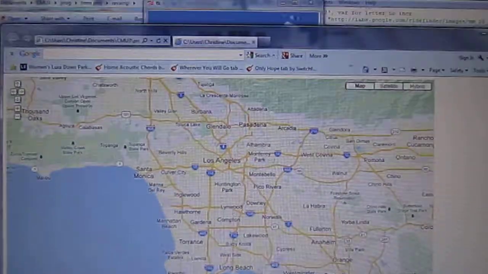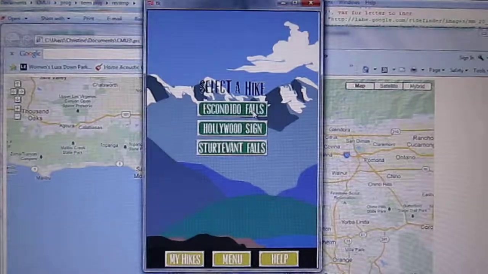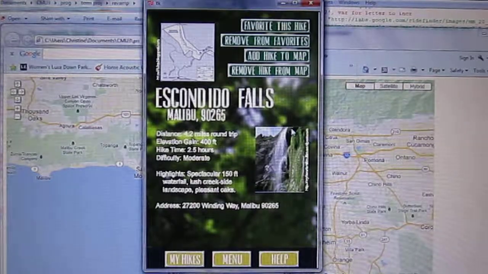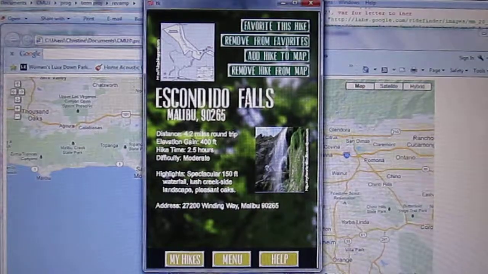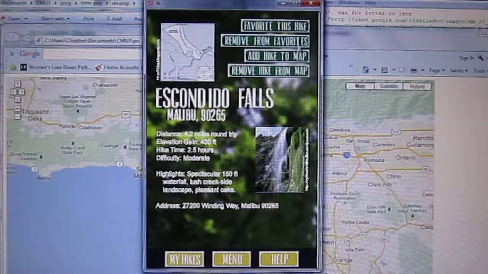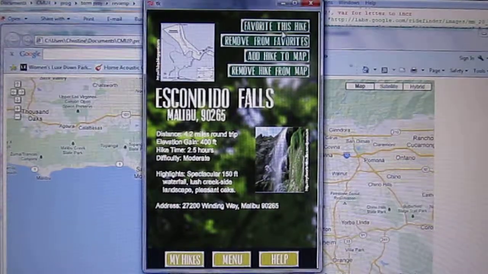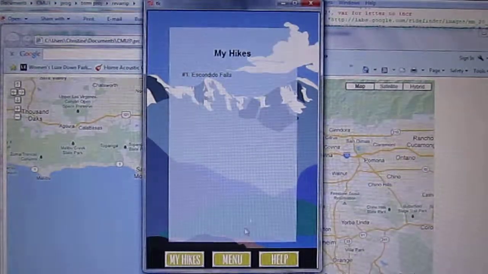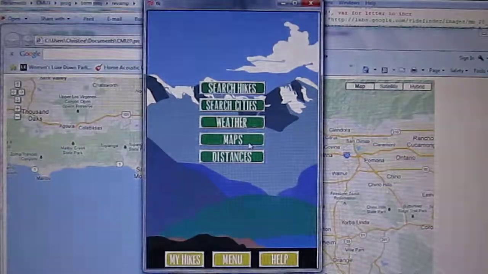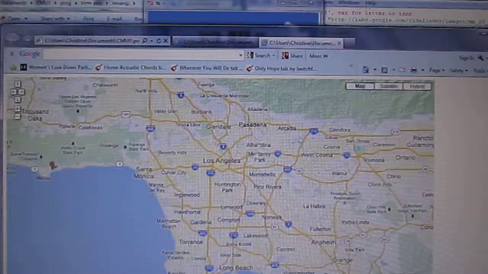And so if I go to hikes and I select a hike, say I select the first one, Escondido Falls, it's in Malibu, and there's a zip code, and here's some information about it that I can read if I need to, and there's a map and an image, so I can favorite the hike, remove it, or add it to the map, or remove it from the map. So I'm going to add it to the map just so we can see what that does, and then I'm going to favorite it also so that I remember it for the future, and here it is in my hikes as a favorite. And then if I go back to my maps, then I can open the map again and see that now